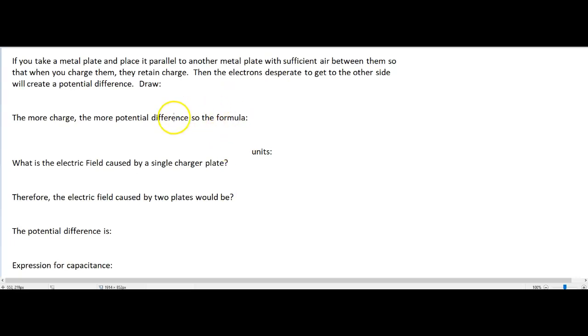Here we go. All right, so you should be on 13.6. I'm going to run you through the top of it to develop the equation for a capacitor based on the